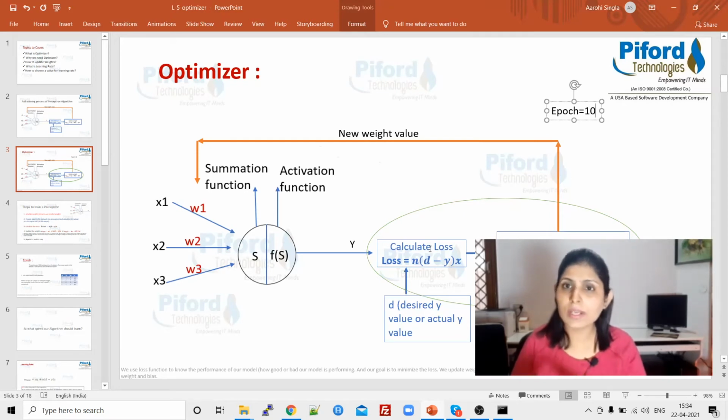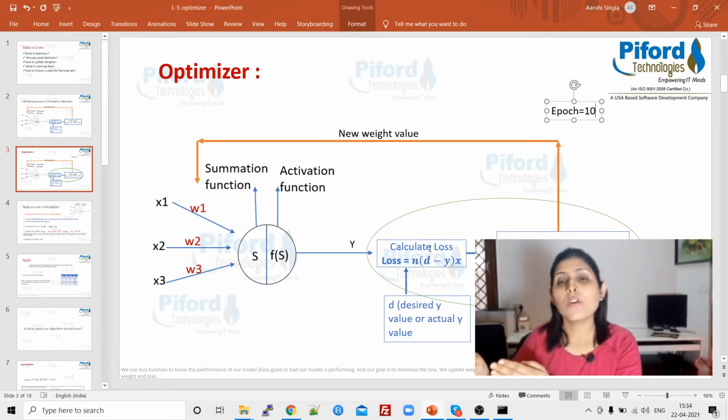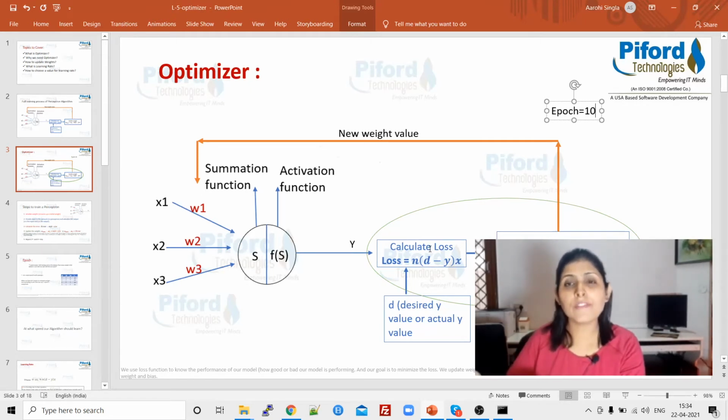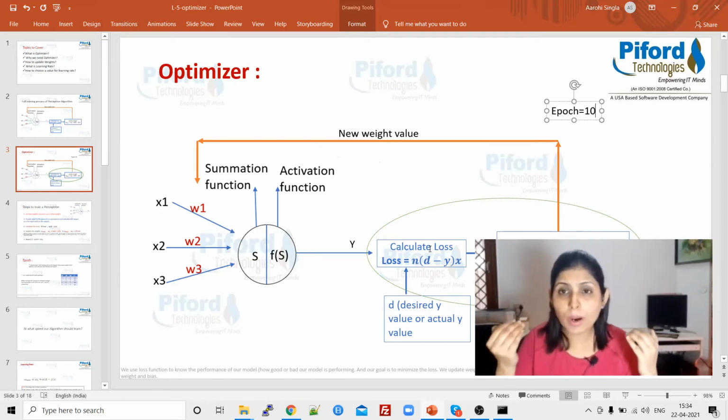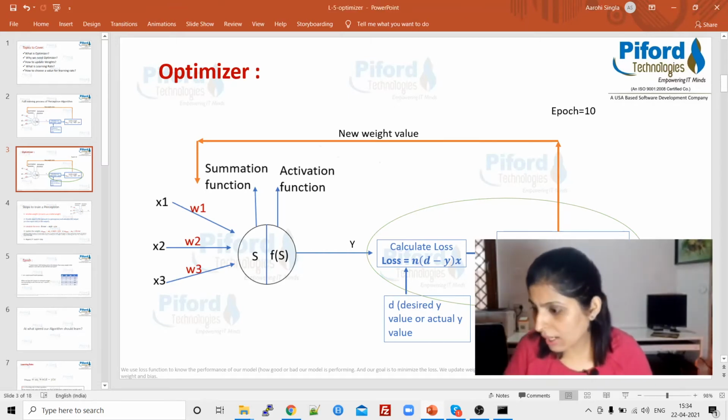Model and algorithm are the same thing. So we are tuning our weights, changing the weights, calculating the loss function, and retraining our algorithm. What will happen if you retrain again and again? You will get more idea about the things. That means accuracy will improve. So this is what epoch does. This is the task of epoch. Okay. So guys, now we are clear about epoch.